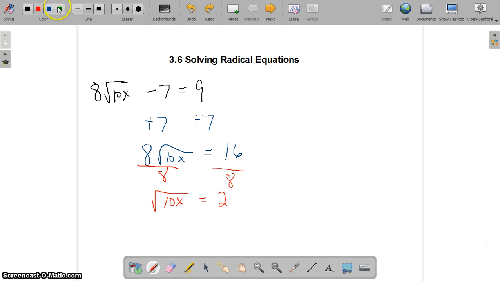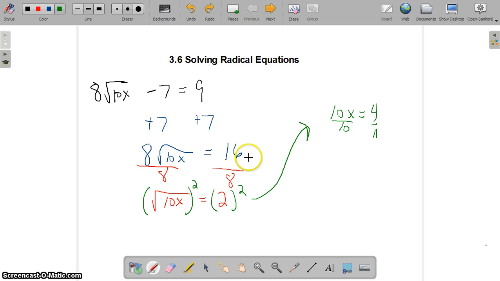Now here's the part where we square both sides. To get rid of the radical, we have to square it, okay? This is a square root, so if we take this to the second power, we will get rid of that square root. So we will have 10x equals 4. And our last step is divide both sides by 10, and we get